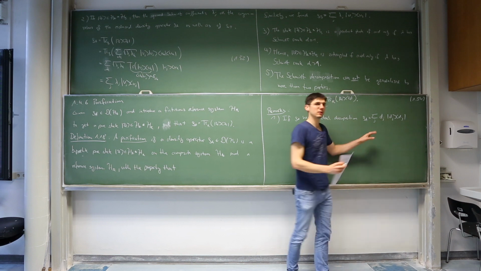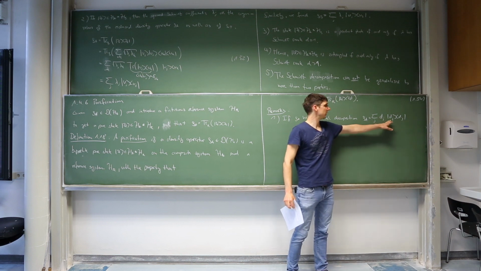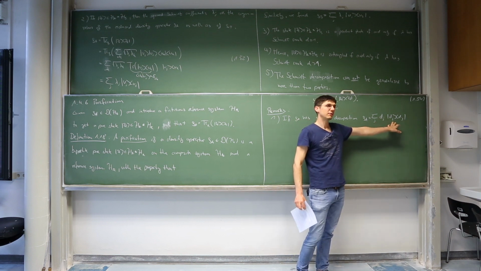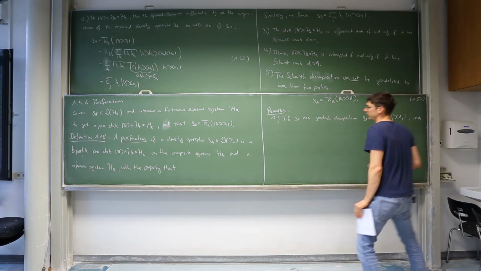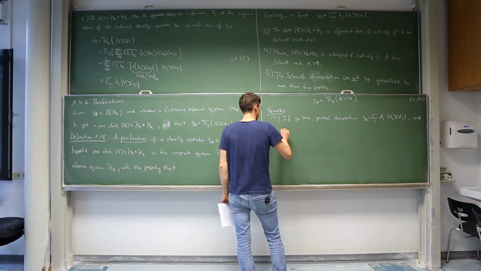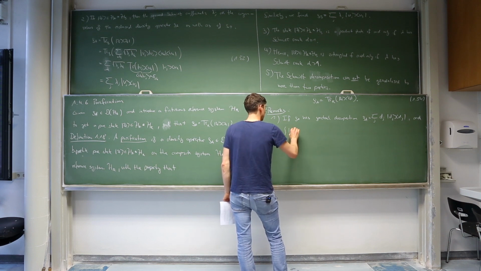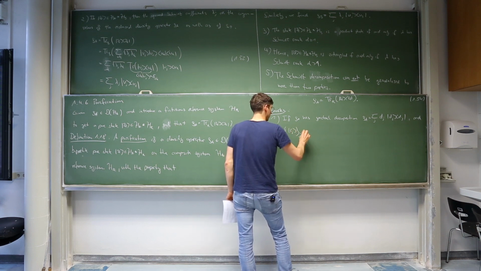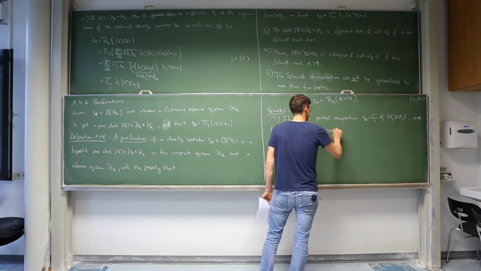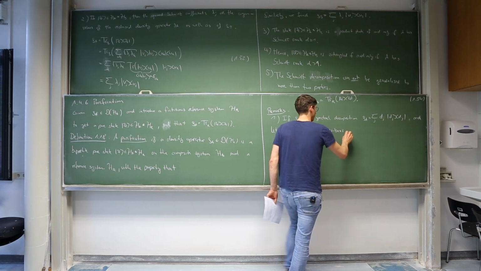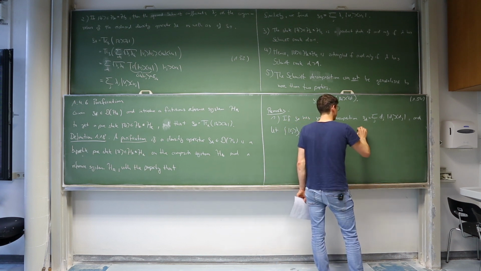So this is our spectral decomposition with eigenvalues dj and the corresponding eigenvectors. And further, let the set Rj be any ON basis of the reference system HR,